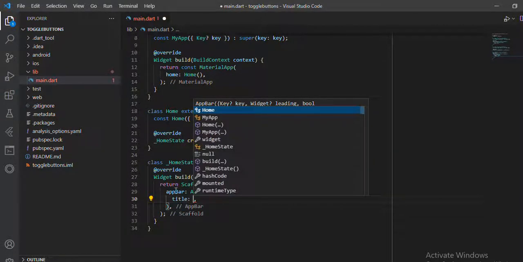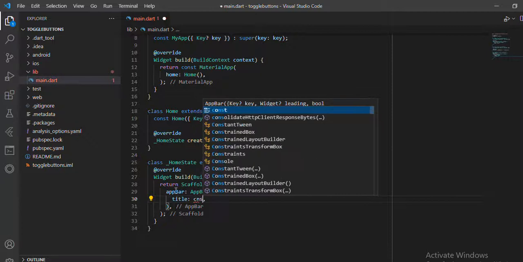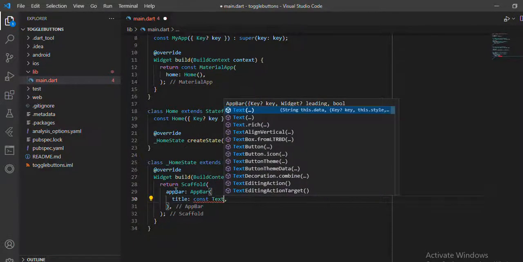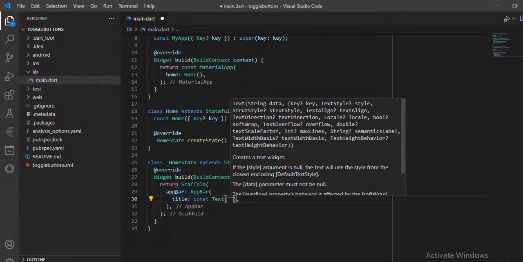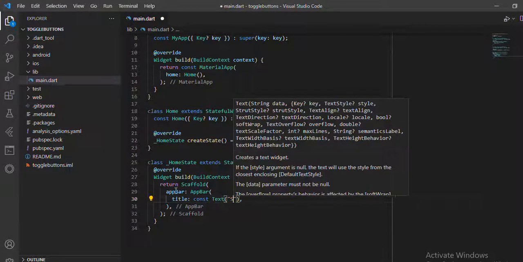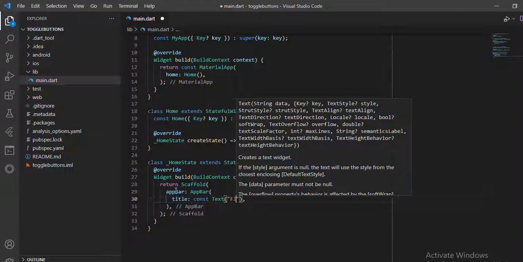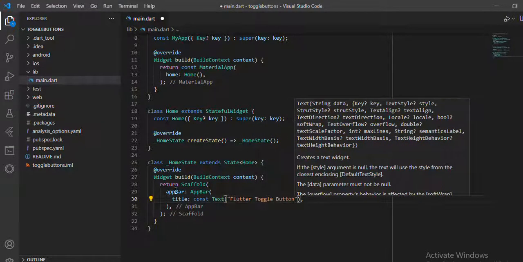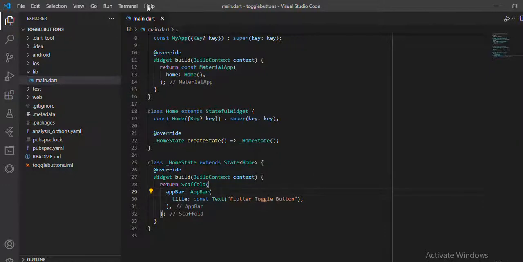So I can be having here a constant Text, maybe simple, maybe Flutter toggle button, like so. So if you save this and hope there's no error,